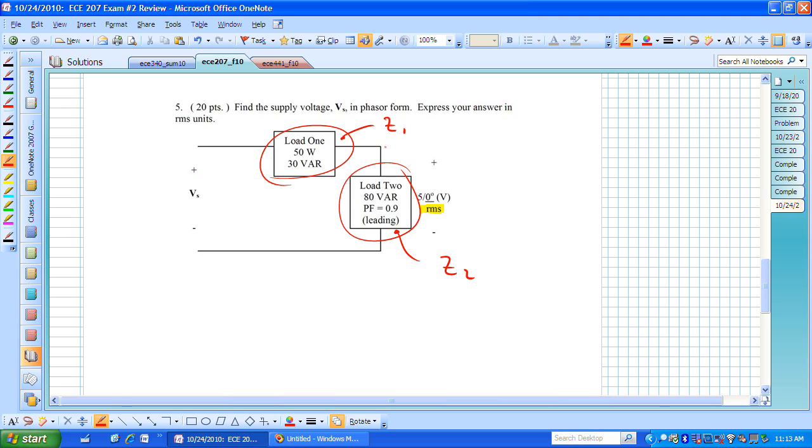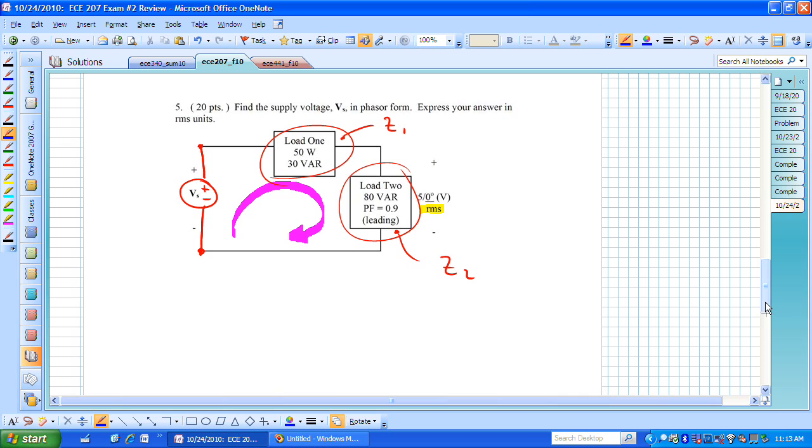With two loads, this is really just the typical voltage source that we are used to seeing, and if you had a circuit like that, you would say, oh, I want to just do a KVL equation around that loop and solve